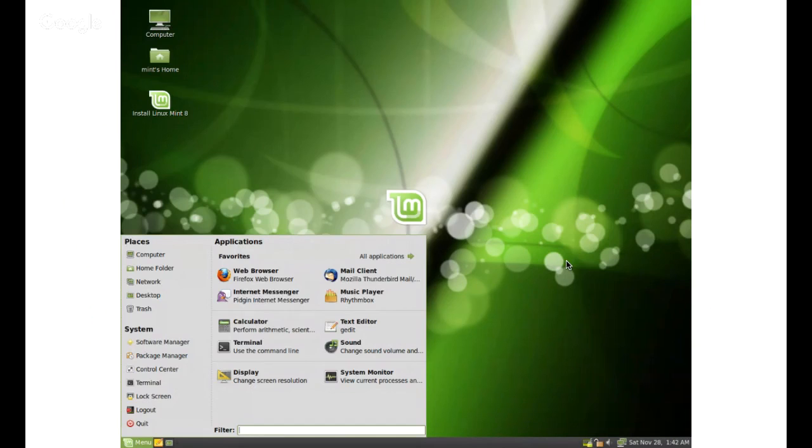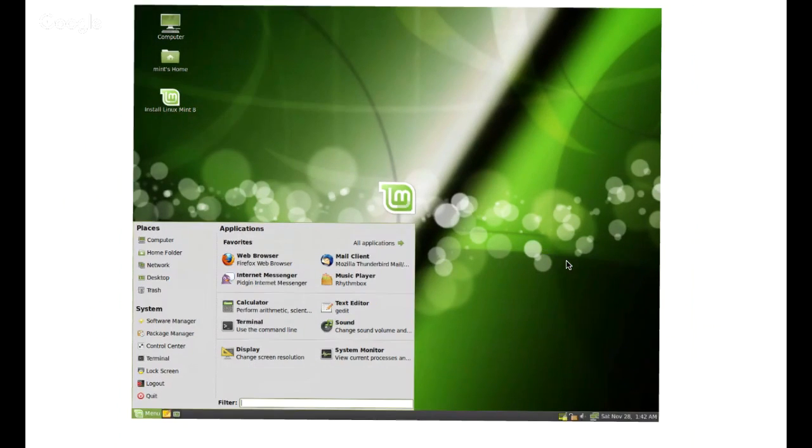You'll notice that Firefox is in there, Thunderbird, which we've used, text editor, terminal, a pretty clean desktop. On the upper left of the desktop, you'll see a button that says Install Linux Mint 8. This is a live distro screenshot from a DVD. If you clicked on that, it would prompt how to install it and help you partition your drive and all the good stuff for you.